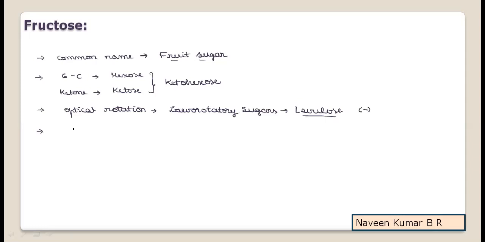Now with respect to glucose and fructose, they are represented with the same molecular formula, C6H12O6. They have the same molecular formula, but they have different functional groups. Glucose and fructose are functional isomers. As they have different functional groups in them, they are called functional isomers. So the molecular formula of fructose is also the same as glucose. It is C6H12O6. So these are a few simple basic points about fructose.